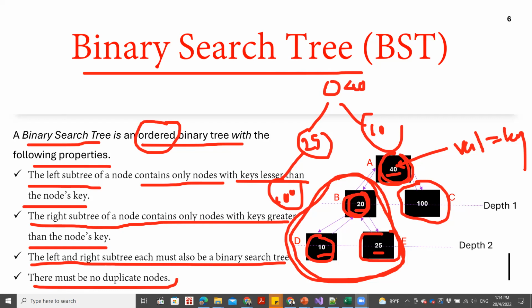Okay, so the reason is, now there's a particular order. All the nodes on the left-hand side have a lower value, and all the nodes on the right-hand side have a higher value. Like that, there's a particular order. So when you start to search from the top, I mean from here,